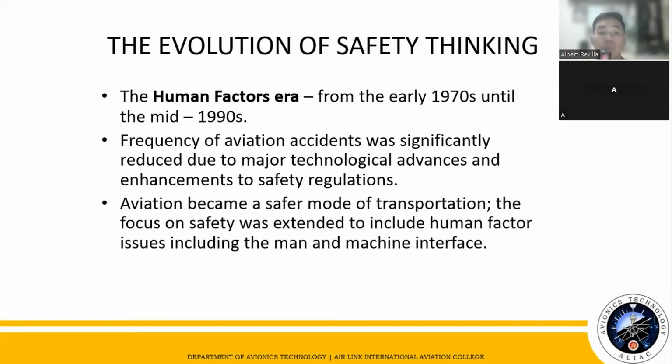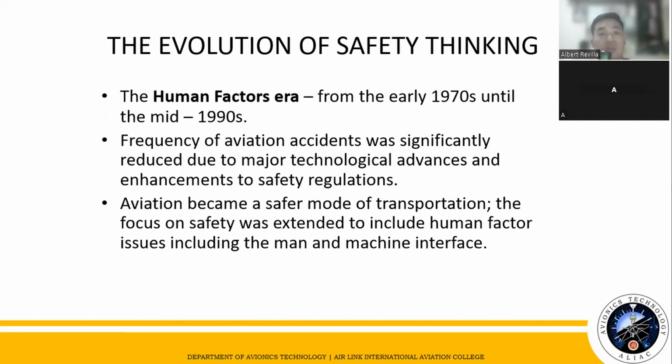So nagkaroon ng issue including the man and the machine interface. Okay, so this means the liveware and the hardware. Okay? Pinag-usapan natin before na LH. Ayan. Si liveware and hardware. So in here, 'di ba, we talk about, kaya minsan nagkaroon din ng term na